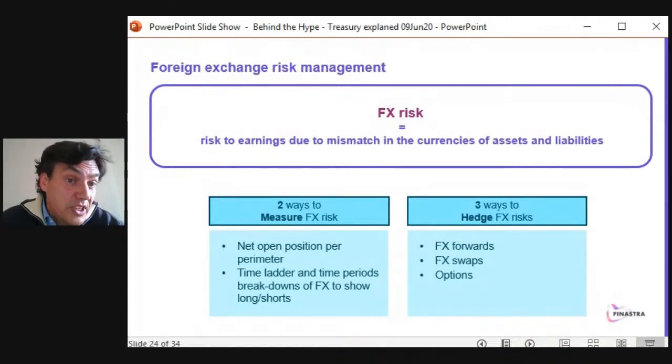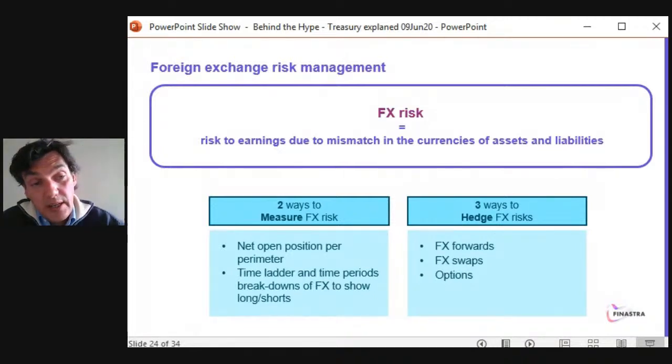You put a mismatch in your currencies. Okay, so if you are long a currency and it's going down, obviously you're going to lose money, and the opposite. But more interestingly, the FX market is a global one. It's a huge one. It's the biggest in the world, 6 trillion a day, as I said earlier on. So as a treasurer, you need to be very careful of your FX risk. And so treasurers really need to look at interest rate risk and FX risk at the same time.